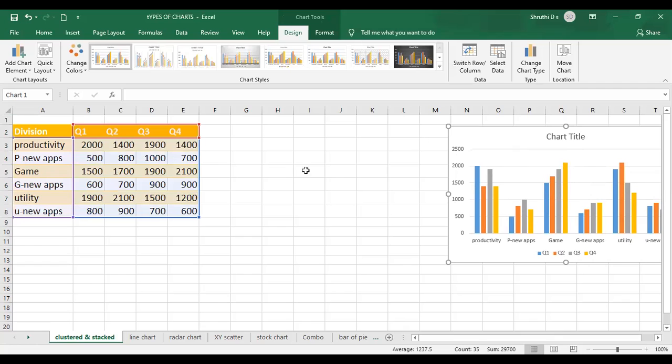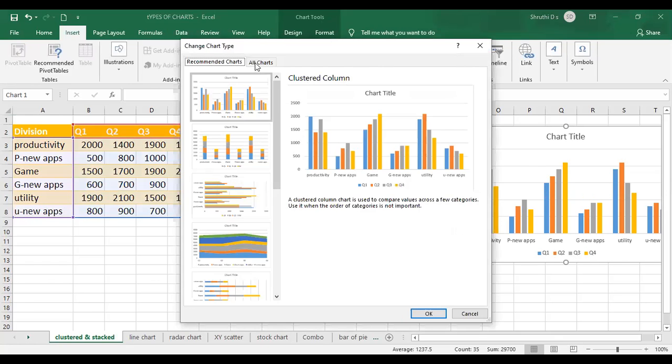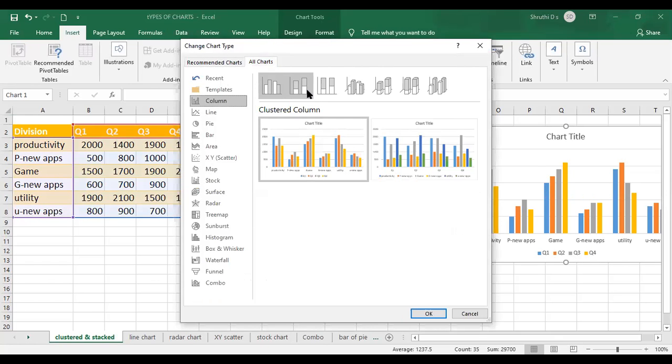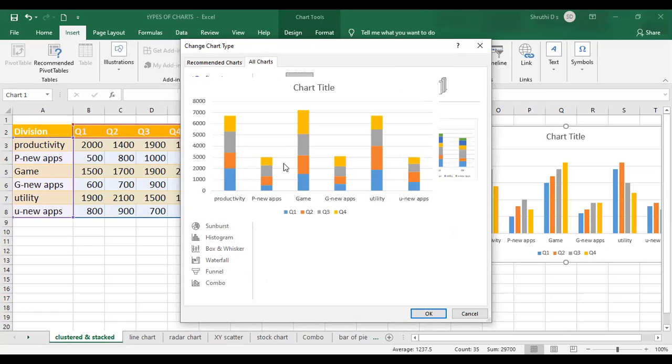And if you want to insert another chart for the same data range, go to insert again, select the recommended charts. In that, select the second one, that is stacked column. So what does the stacked column mean? You have a concept of stack in other subjects. Stack means within the same place you can insert the data, and also remove the data, like that, only one opening. So in the single bar, all the data are represented, right?